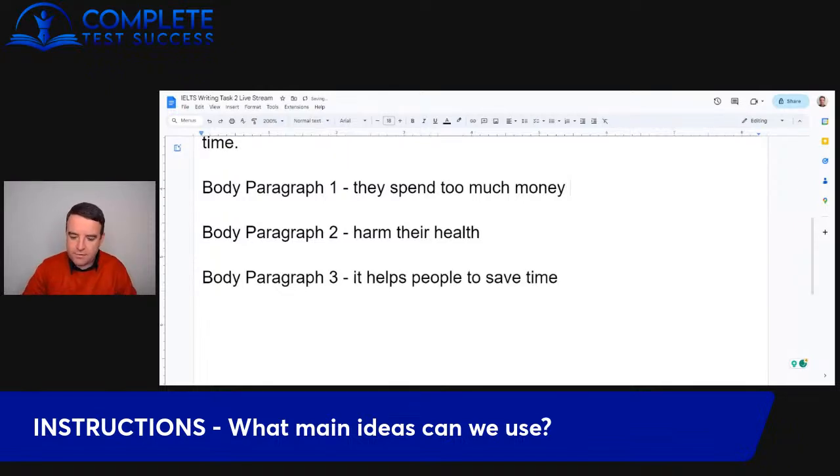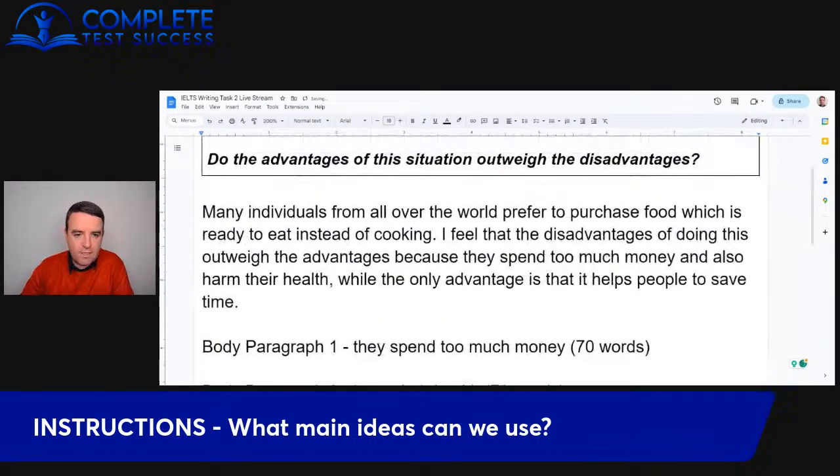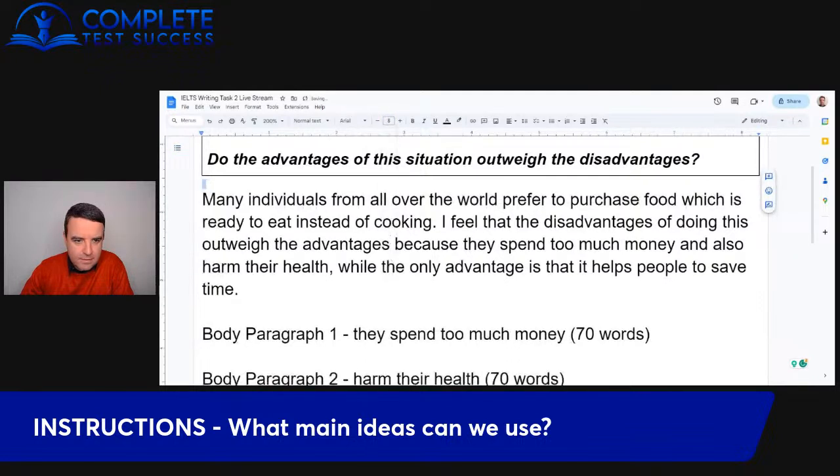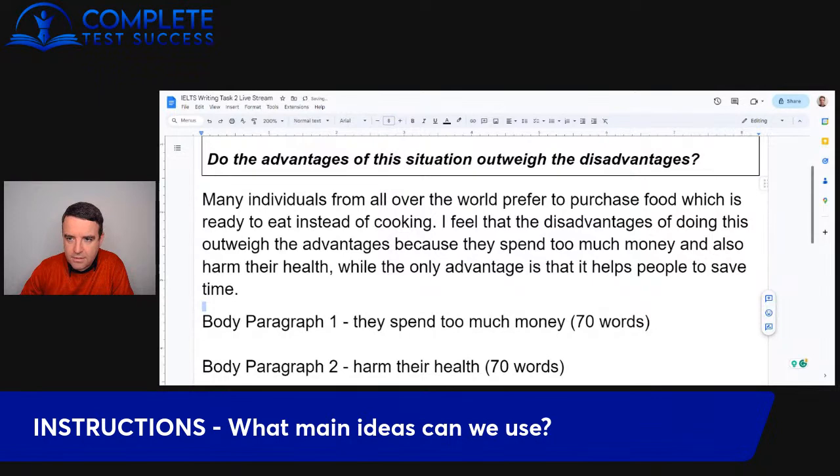Now, each of these paragraphs will be somewhere about 70 words long. So they don't have to be very long because we have 3 paragraphs. That's kind of the length that you would expect to write for each of those. Now, I want to focus on paragraph 1 first. So let me just organize everything so that we can try and see everything on the screen at the same